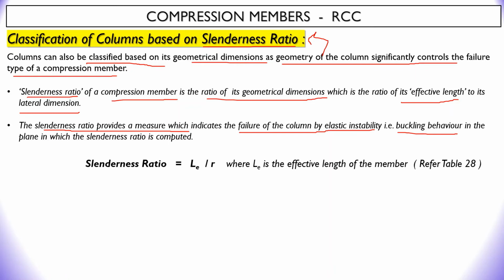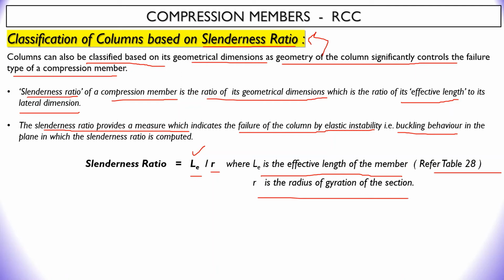The formula for slenderness ratio will be Le divided by r, where Le is the effective length of the column, which we will discuss later on, that is, the meaning of effective length of a column. You can refer to Table 28 of IS 456. And r is the radius of gyration of the cross section. Now as per clause number 25.1.2,